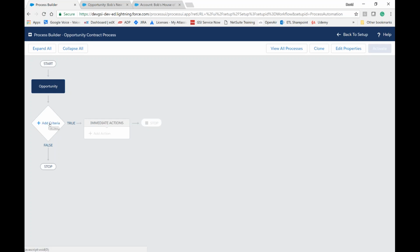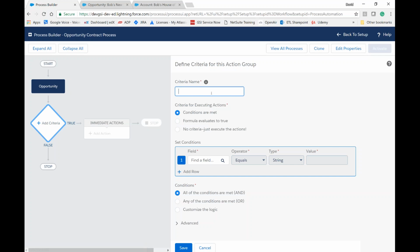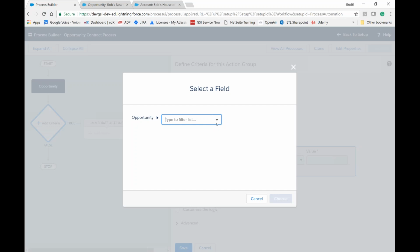We need to add criteria, and we define that criteria. That criteria is, we're going to call it goes to negotiation. And the conditions that we're going to set for this criteria, and the reason you want to use a criteria name here is so when you read this flowchart, it actually makes sense what's going to happen. So we're going to say that the criteria are on the field list. These are the opportunity fields, and we're going to go down to stage